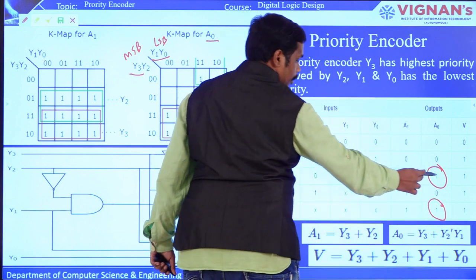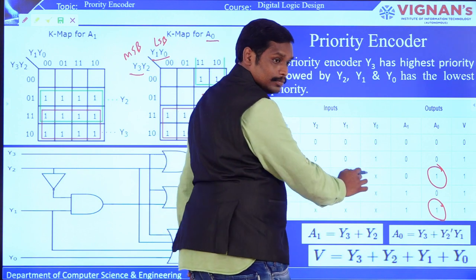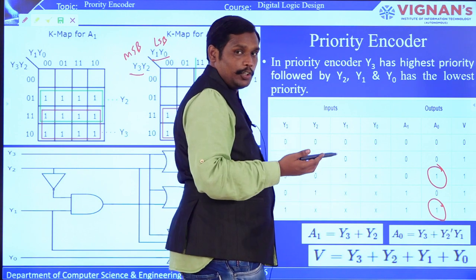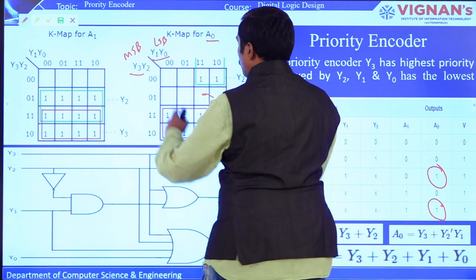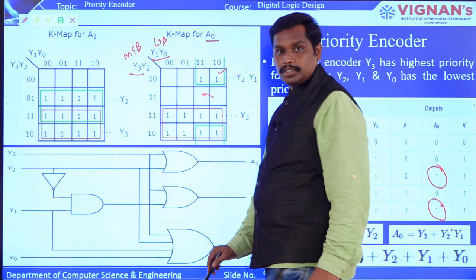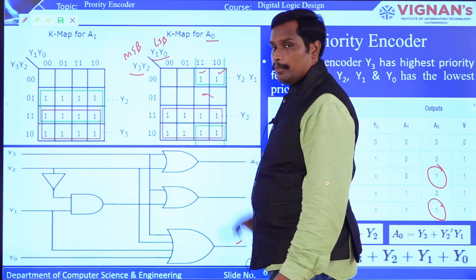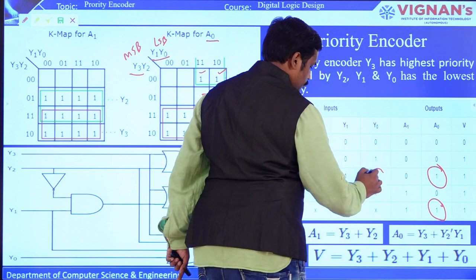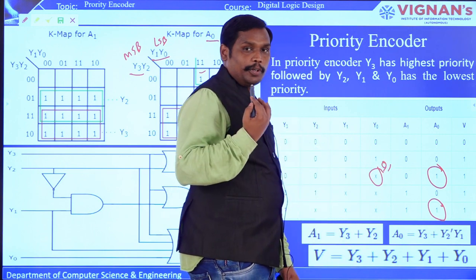For this particular 1, you see here that the sequence is 0, 0, 1, don't care. So don't care can be represented with 0 or 1. So you can have 0, 0, 1, 0. So 0, 0, 1, 0, you are having 1. Are you getting it? In the same way, 0, 0, 1, 1 also 1, because this particular x can be 0 or 1. So both possibilities you are going to represent with 1.